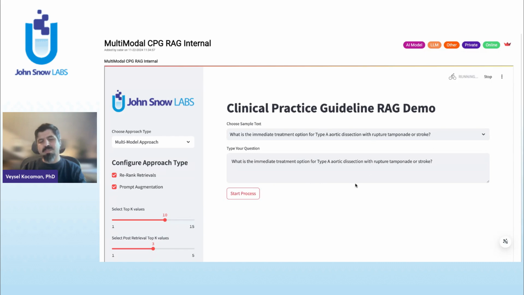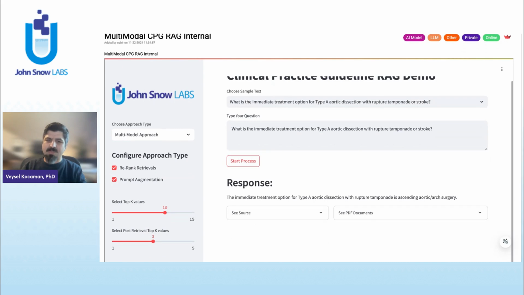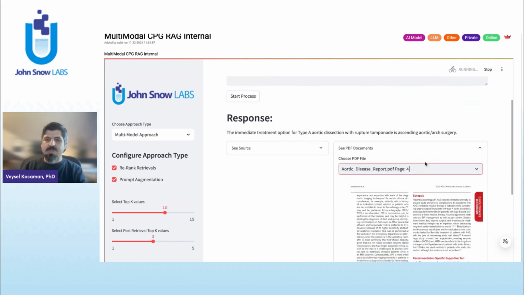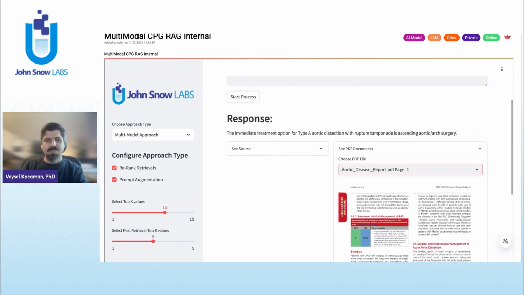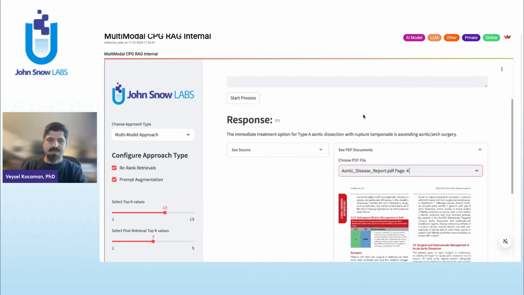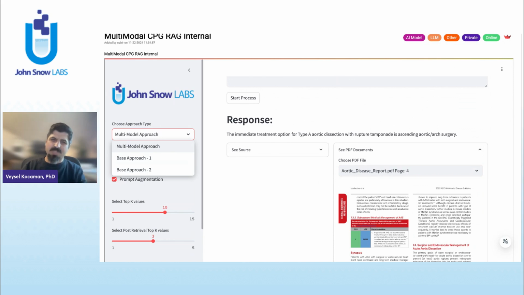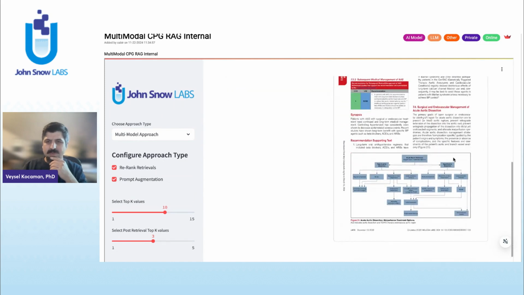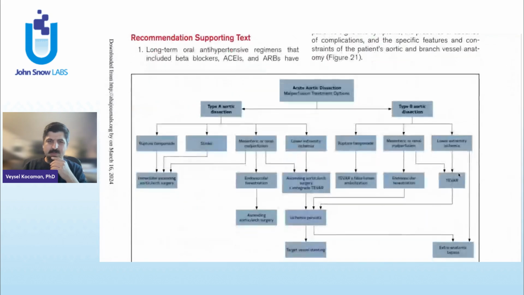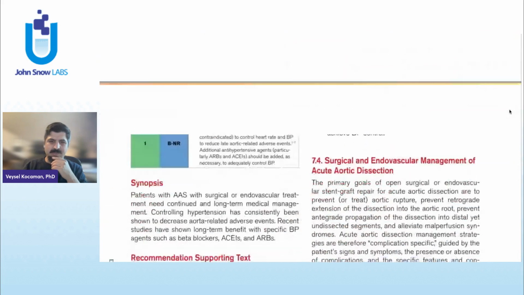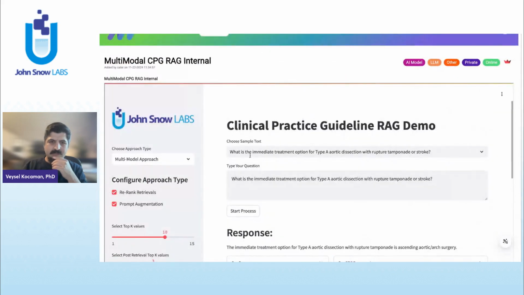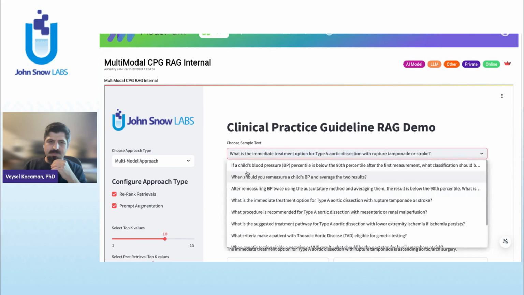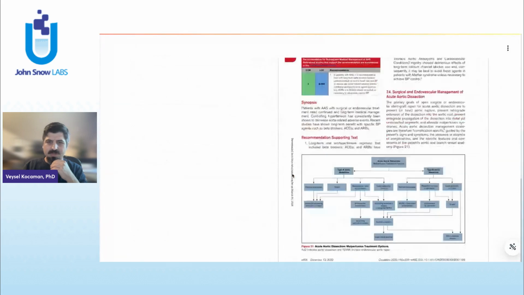I can just run it, and with the help of this tool, it's going to show me the right page and the right document given this patient's situation, right? Because we have different approaches that I'm also going to explain during this webinar. The multimodal approach that we developed is going to find the right flowchart here, because my question, as you remember, was immediate treatment options for type A aortic dissection, right? So if I just go to that chart,